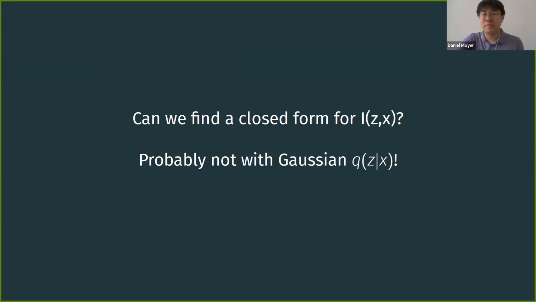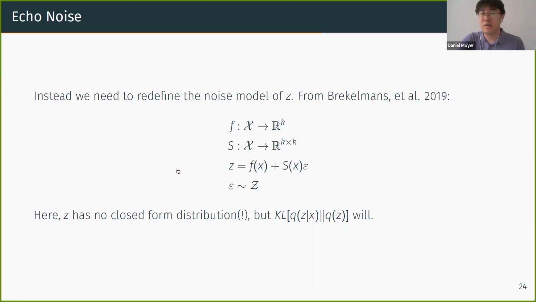but it will change by encoding scheme. So instead, what if we redefine the noise model? Instead of using a Gaussian encoder, what if we use an encoder with a different distribution? And this is from our 2019 paper by Rob Brekelmans and one of my collaborators and I. And so we have the same setup where we have a mean and something like a variance that we're adding together.